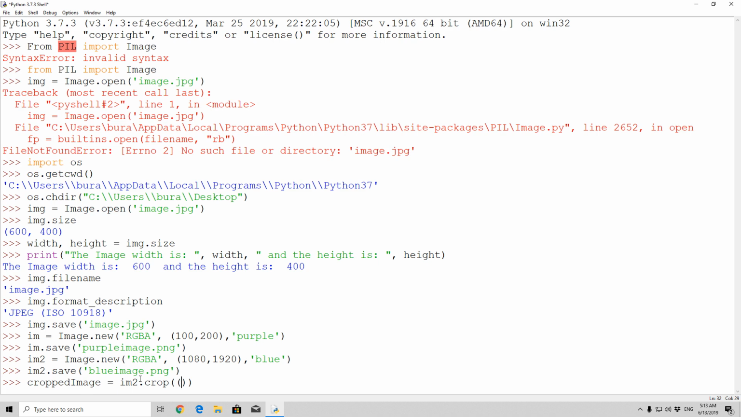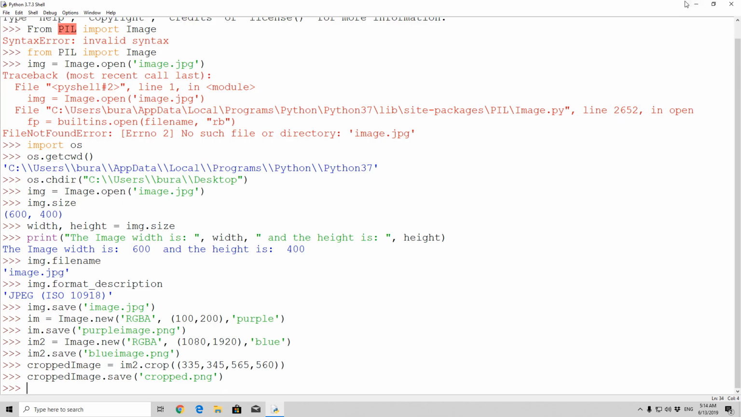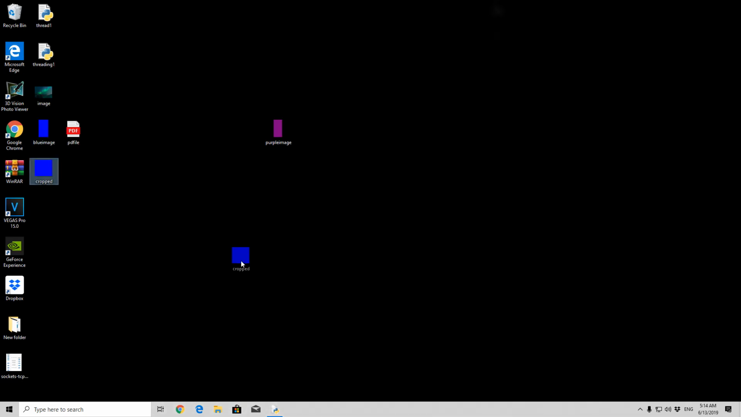So for example 335, 345, 565, let's say, and 560. Press enter, and then if you want to save the cropped image, you type cropped_image.save, and let's call it crop.png. Press enter, save the image, and you can see right here these two images are no longer